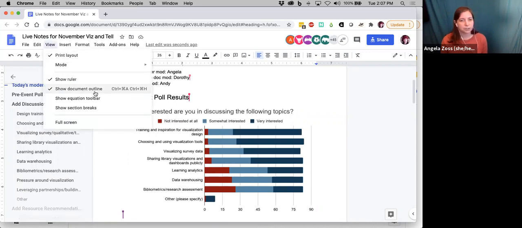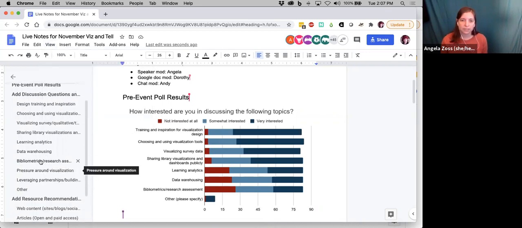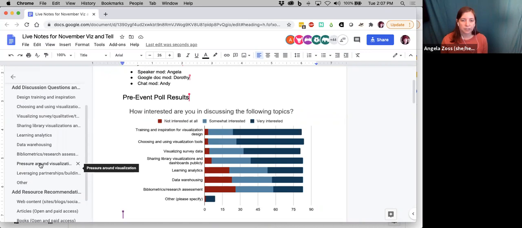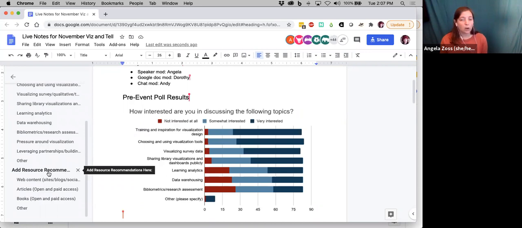And you can click on Show Document Outline, and that should make it easy to jump back and forth between different sections during our discussion. So if our topics transition into different sections, you can get a link to those by looking in the outline. And then if you decide, oh, I really want to share a book or see what other people are sharing, you can jump down into the resource recommendations that Dorothy just mentioned.